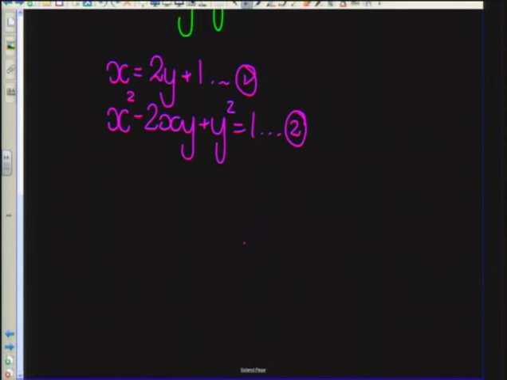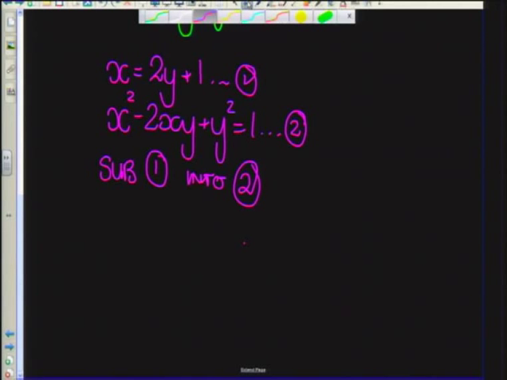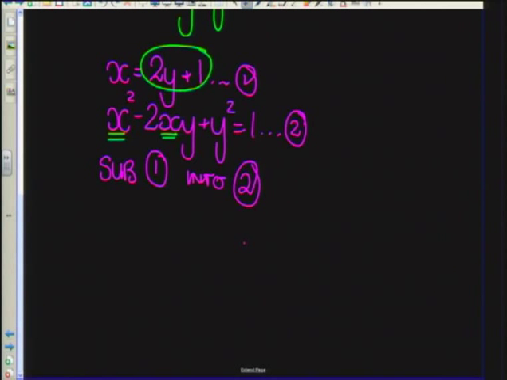And once again, what we're going to do is substitute the x from equation 1 into the x's in equation 2, all right? So where I had an x over there and where I've got an x over there, we're going to substitute them with the value for x that we found in equation 1. So instead of x, let's use our green to substitute, we have 2y plus 1, which is being squared,